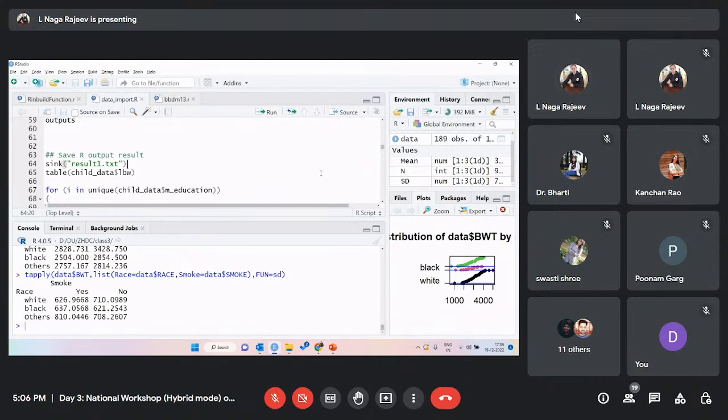Yeah, in sink we generally write the command like sink in brackets, in quotations, the output name dot txt. Okay, that is what you do when you are opening the sink, and then